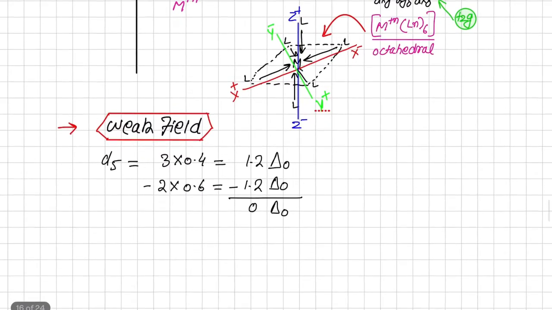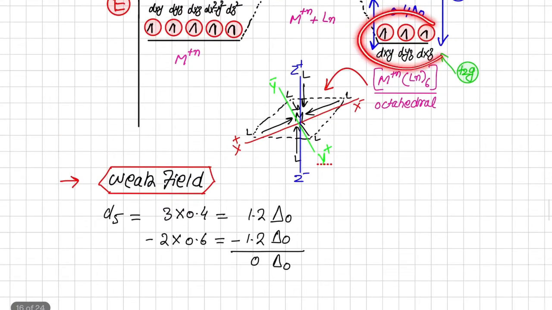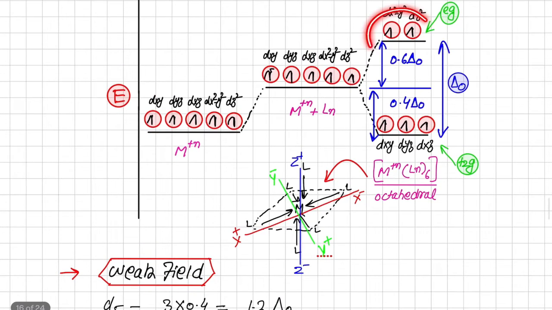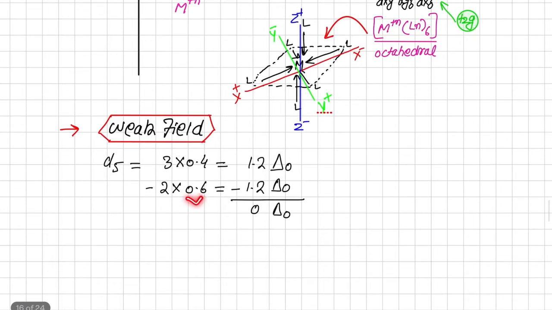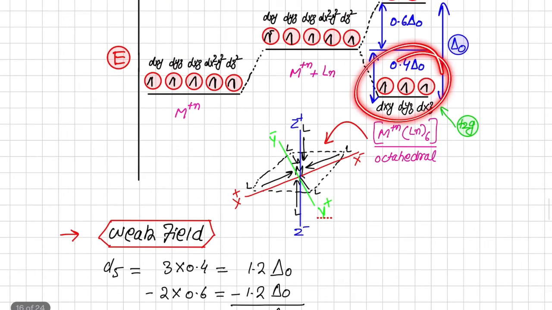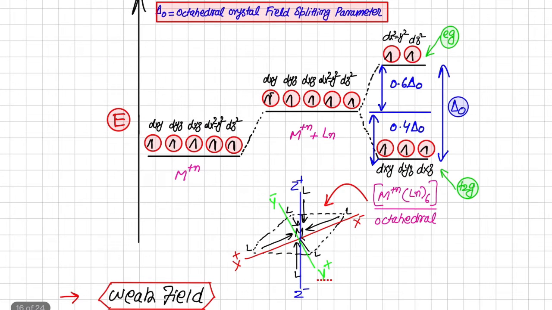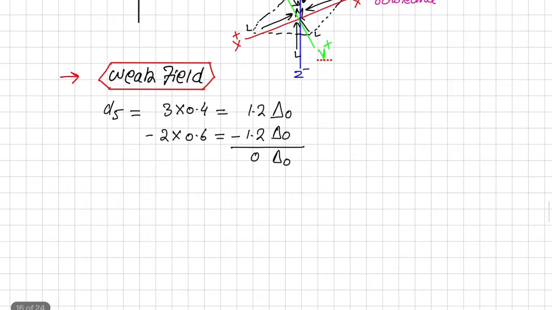So their CFSE value is calculated as, first of all, for these 3 electrons the value will be 3 multiplied by 0.4 is equal to 1.2 del O, whereas the value for these 2 electrons will be 2 multiplied by 0.6 is equal to 1.2 del O. So the gain in stability here will be minus the loss in stability by placing these electrons in the high energy levels. So this value has been deducted from this value, and overall if we see here,